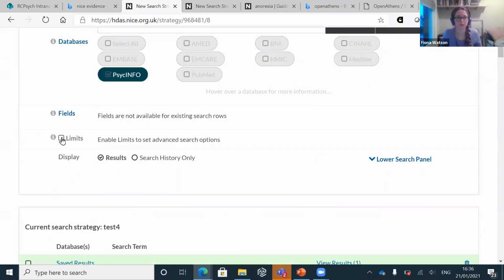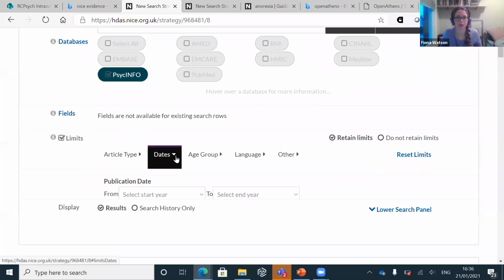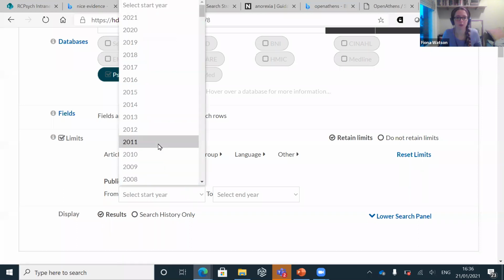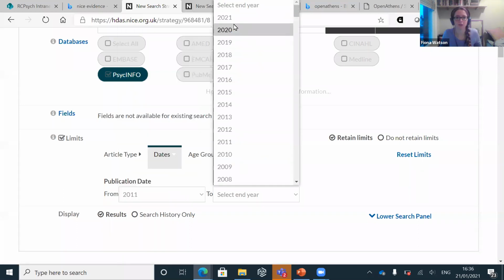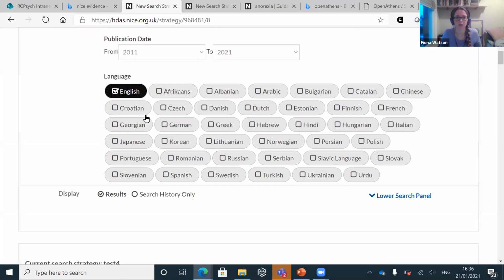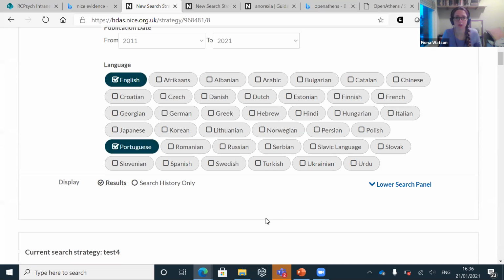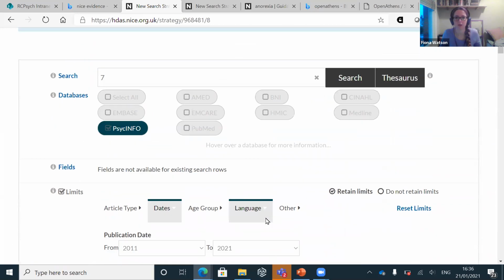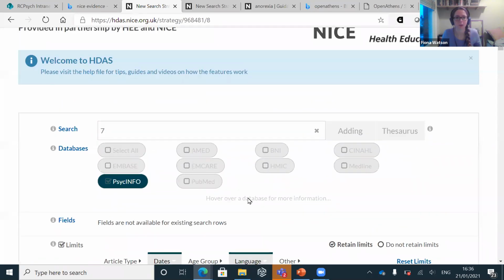Clicking on limits. And then you can say, I only want articles from the last 10 years. And I read English and Portuguese, so I'll have those languages. And then pressing search.